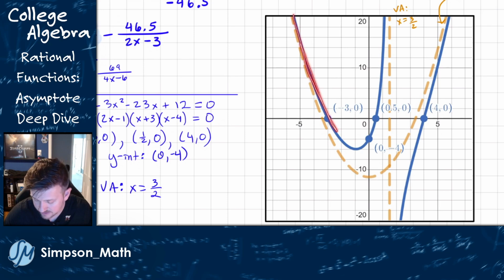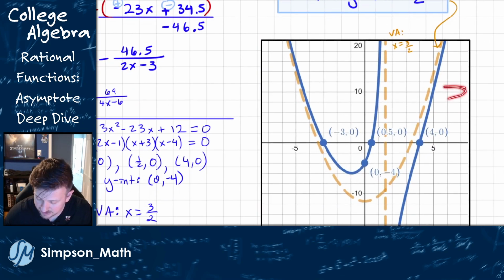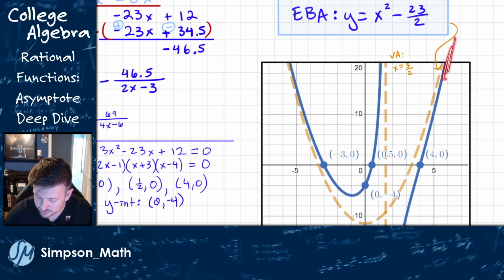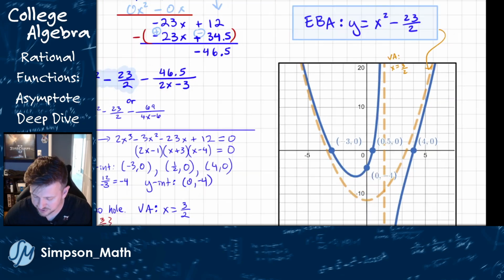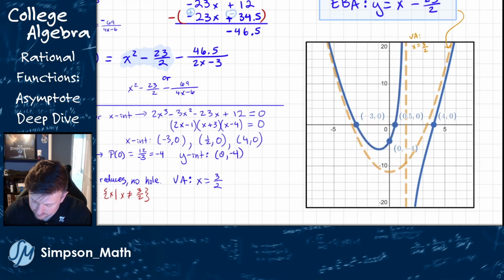Comes through along this asymptote because it's basically the end-behavior asymptote, because as this goes to the left, this is going to be getting closer and closer to this parabola. As this goes to the right, this is going to be getting closer and closer to this parabola. It's just here around in the center where that's all a little bit wonky. So we have, again, close to this parabola, then swooping through, and then going up to this asymptote, and then